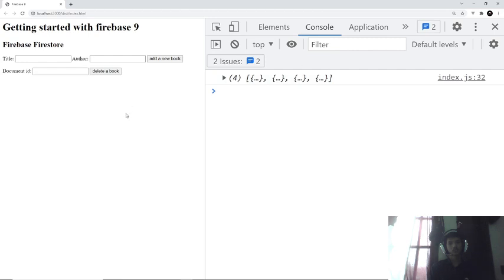Now, if we were rendering this data to the browser so that it output on the screen in some kind of template, then the same would be true. We'd have to refresh the page after we added a new book in order to see that in the browser, right? So instead what we can do is we can set up what's known as a real-time listener or a